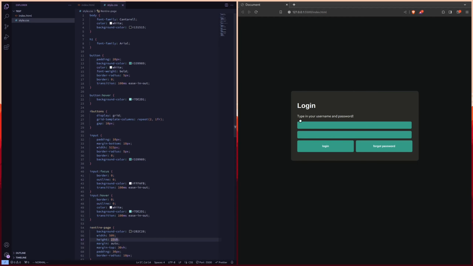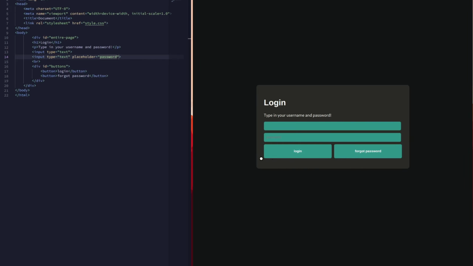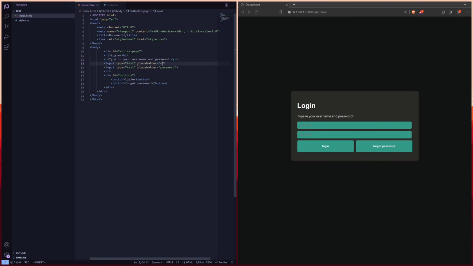But now, what if we want a placeholder here? There's text like password. Placeholder equals password. And now it looks like this. Now it can just be username. So that's it. Now you got a nice login page. Except